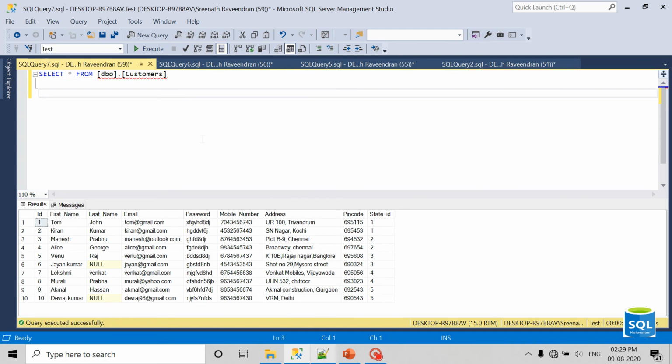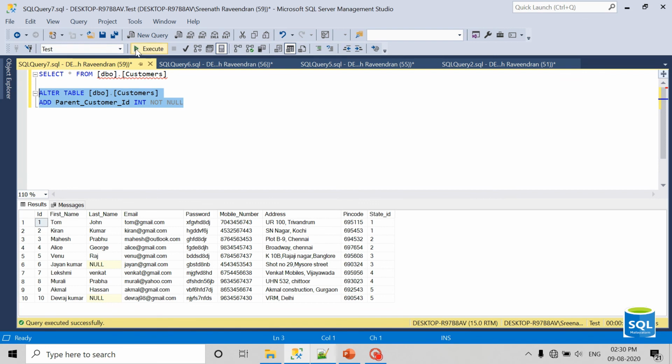At that time I can use the ALTER statement, ALTER TABLE, table name. Then if I need to add a new column, ADD, let's say, I'm adding a new column called parent customer ID. Then I use integer as the data type. And if I try to specify NOT NULL, let's see how it behaves.